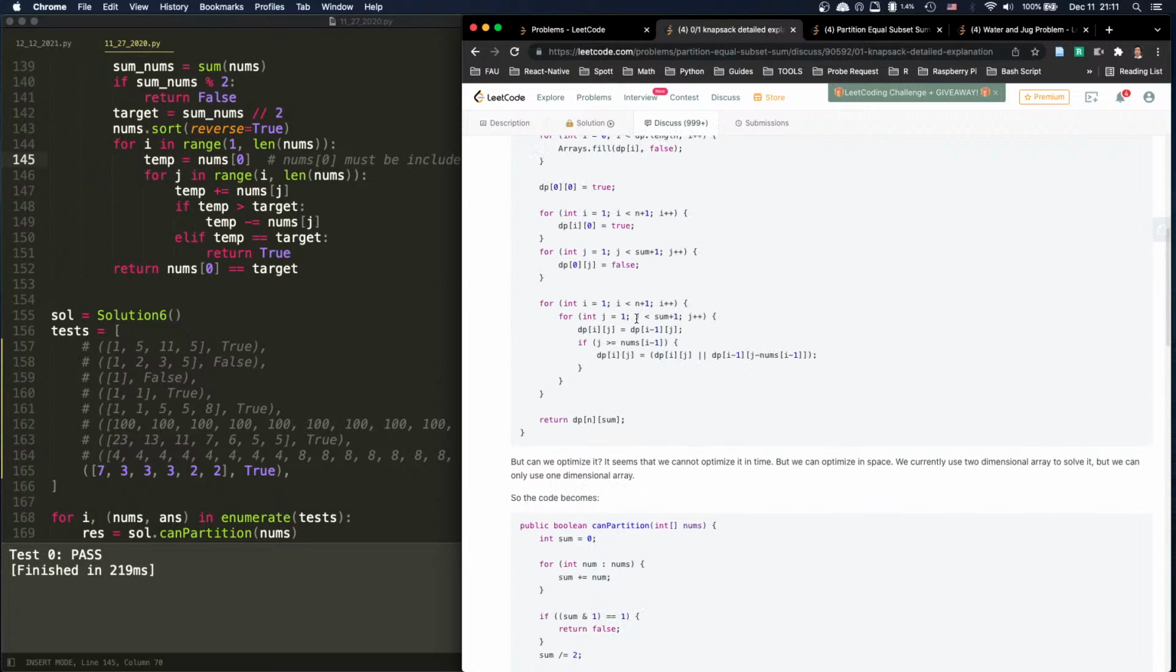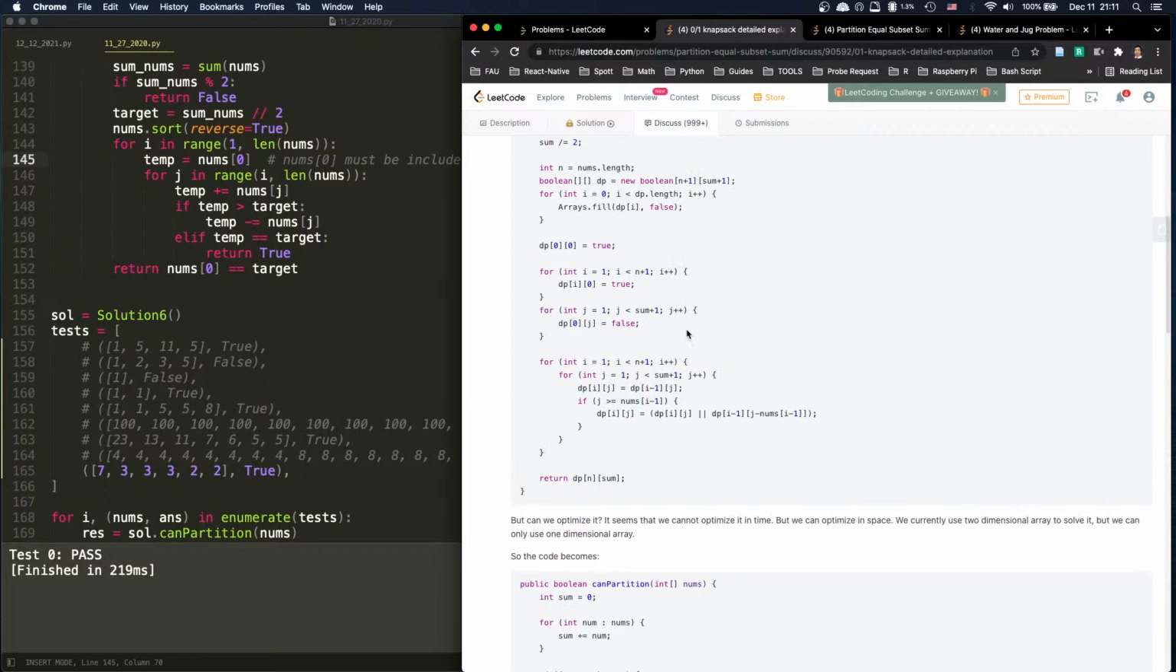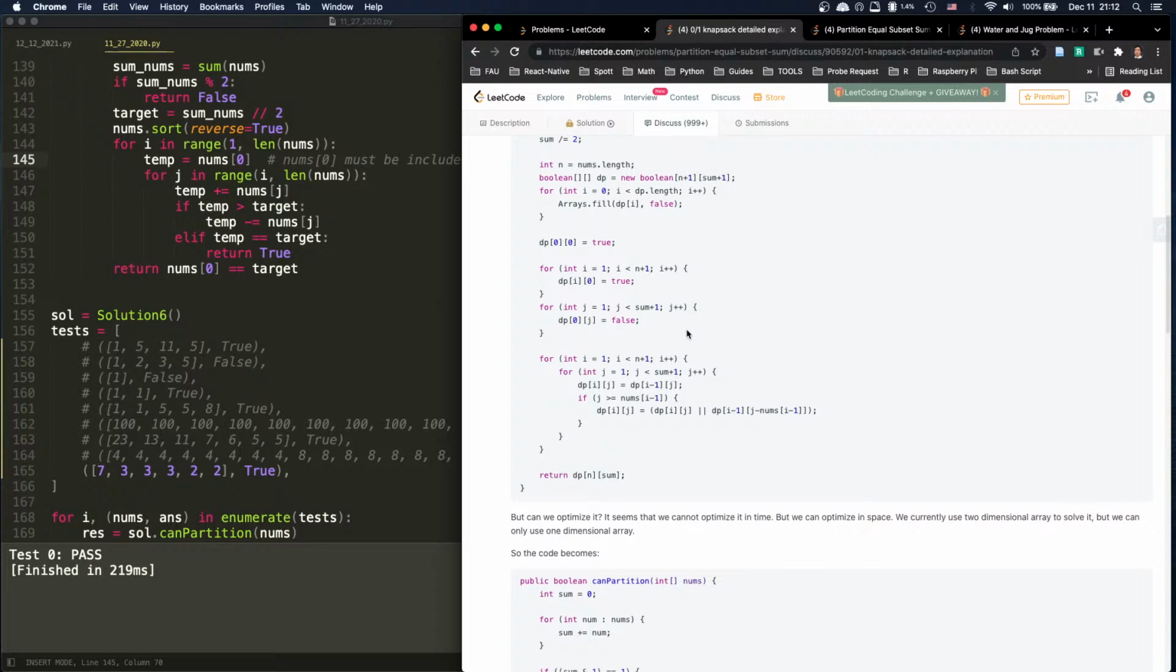Yeah, so dp[i][j] equals this. If j is larger or equal to nums[i-1]. So this is not picking i, and j is the sum. So if the current j is larger or equal to the previous, that means I can include,